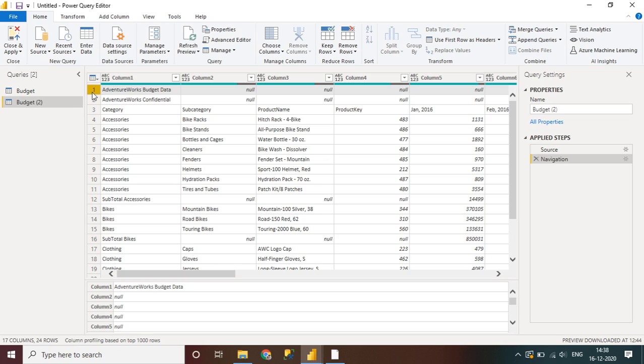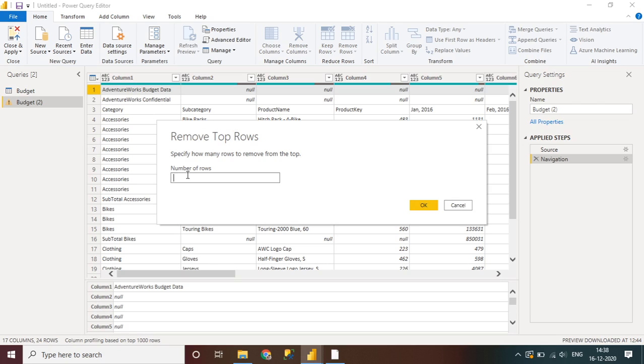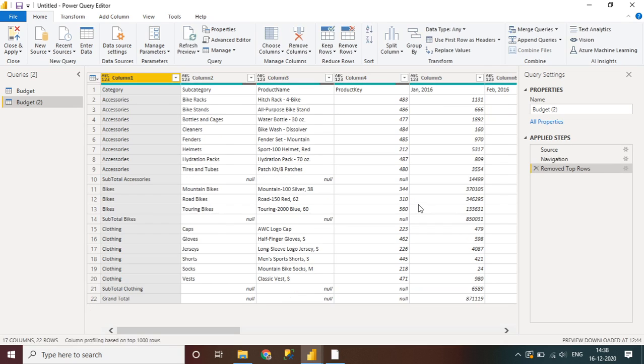Okay, so to remove these two rows, what is the option given? Here is an option, Remove Rows. So all you need to do is click on Remove Rows. Now there are sub-options given, like remove top rows, bottom rows, alternate rows, duplicates. So we want to remove the top rows, so click on it. And here, we have only two rows which are unwanted, so we need to mention to go ahead and remove two rows. So you need to provide the number of rows here. Click on OK. So the top two rows have been removed.